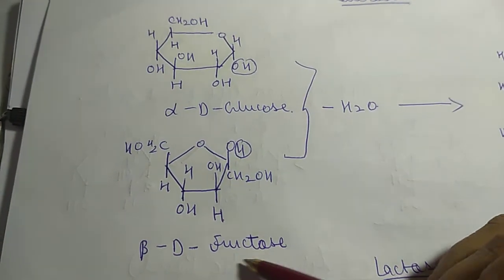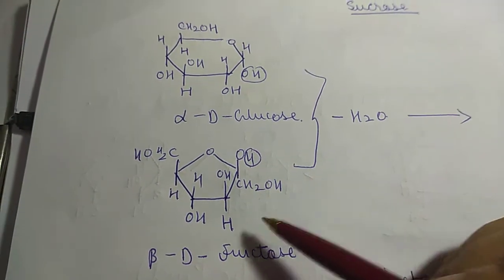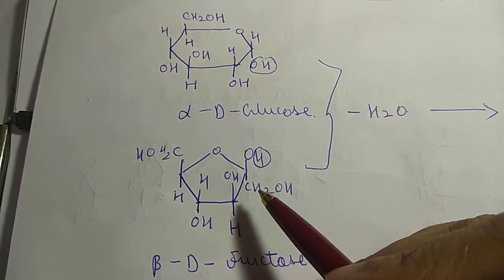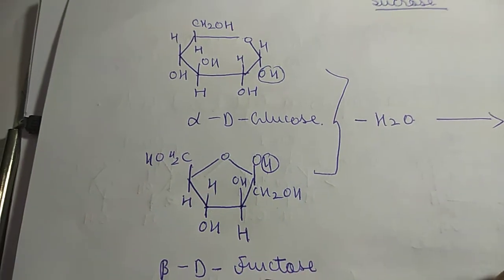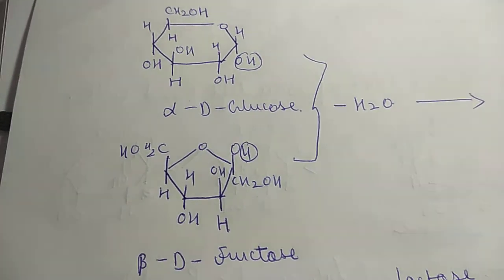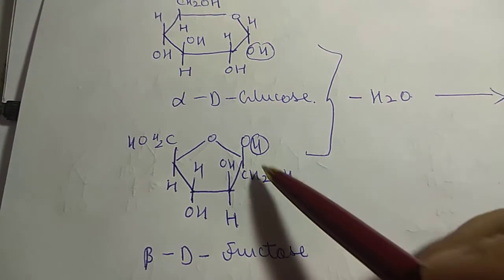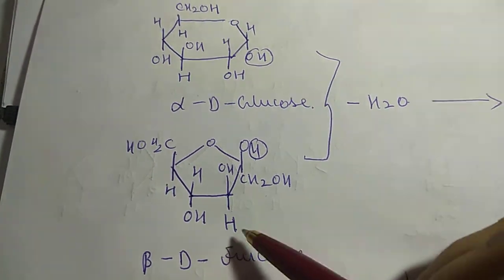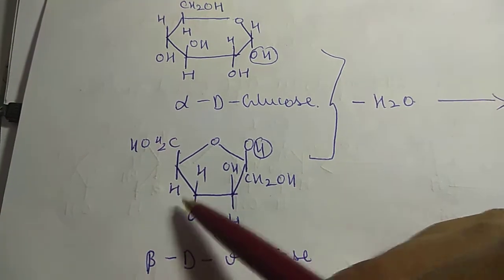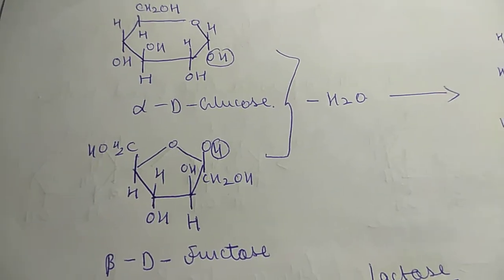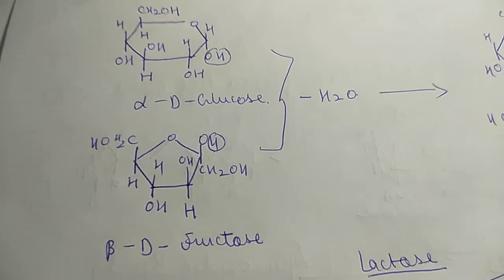And in beta D fructose you can see here the structure. Kindly note it down. OH, this is beta, that is why OH is above. OH, CH2OH, OH, H, HOH, CH2OH, H. Kindly note it down. The structure which is given in your sucrose,